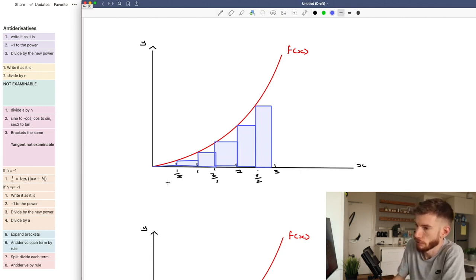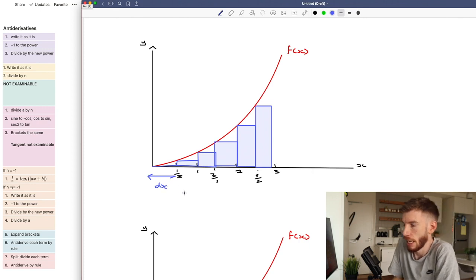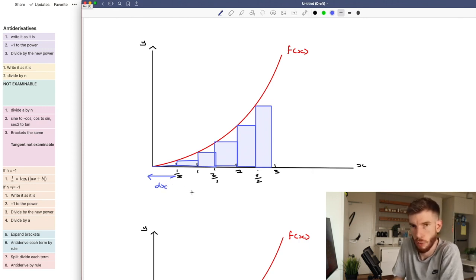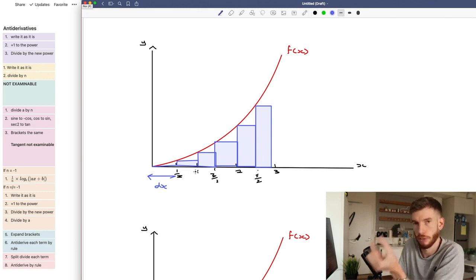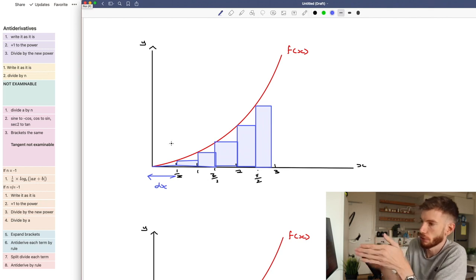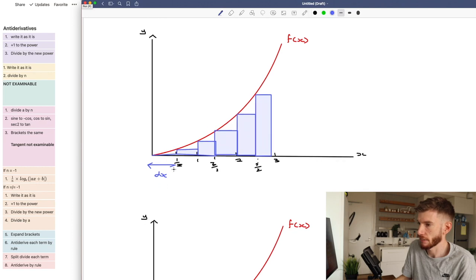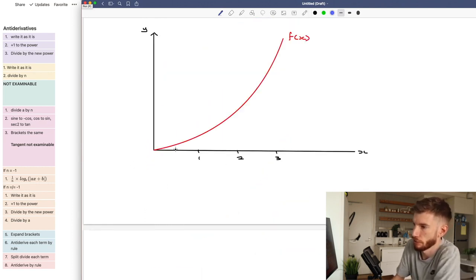And so instead what we're going to reveal now is that really that interval that we're using consistently is going to be our dx, right? So same thing as you've seen in derivatives, dy dx. It means a very, very small change in x. In first principles of differentiation, we call it h, and we let it approach 0. So if I was to keep reducing those intervals and make dx approximately 0 or approach the value of 0,